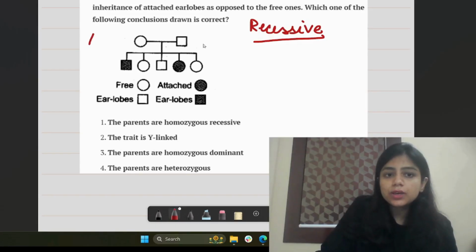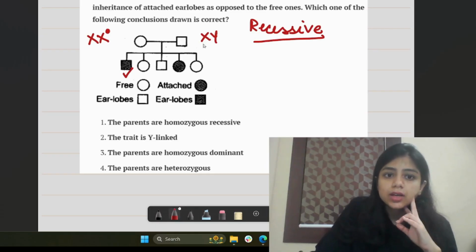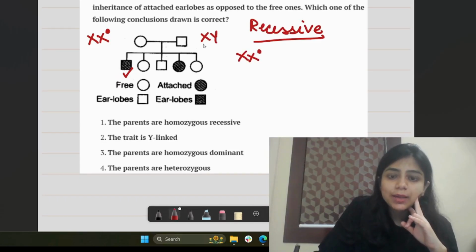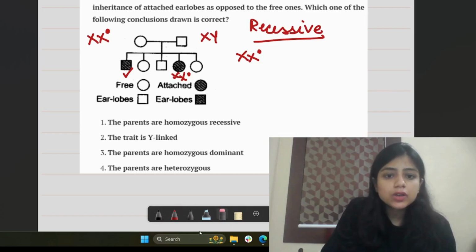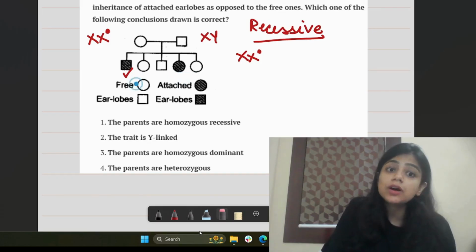The female has to be... the female is a carrier here, right? However, for the female to be affected, suppose this is XY, right? From here, I can understand this X dot Y is coming. But how about this one? For the recessive one, the trait can be this here in this case. But this is saying to be the earlobes, which is the attached earlobes. So that is why it cannot be possible. Why? Because to show an affected individual, both the X chromosomes have to be affected.